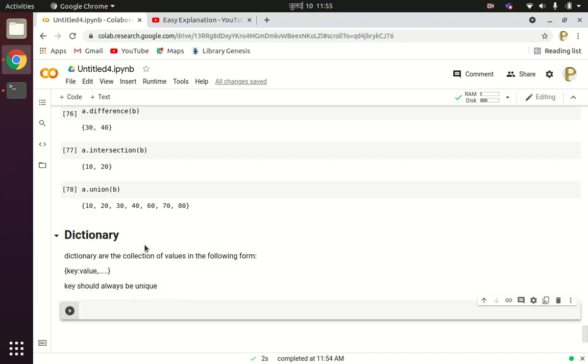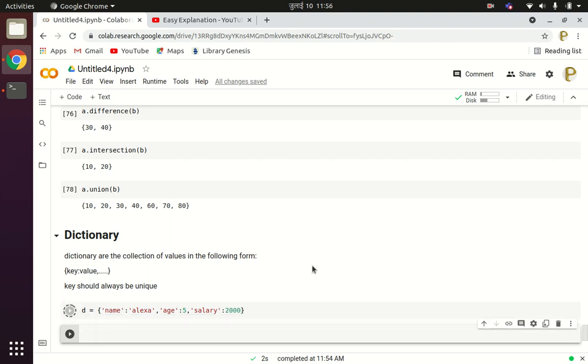Now let us say you can create a dictionary as D equals, suppose name is Alexa, age is 5, and then salary is 2000.